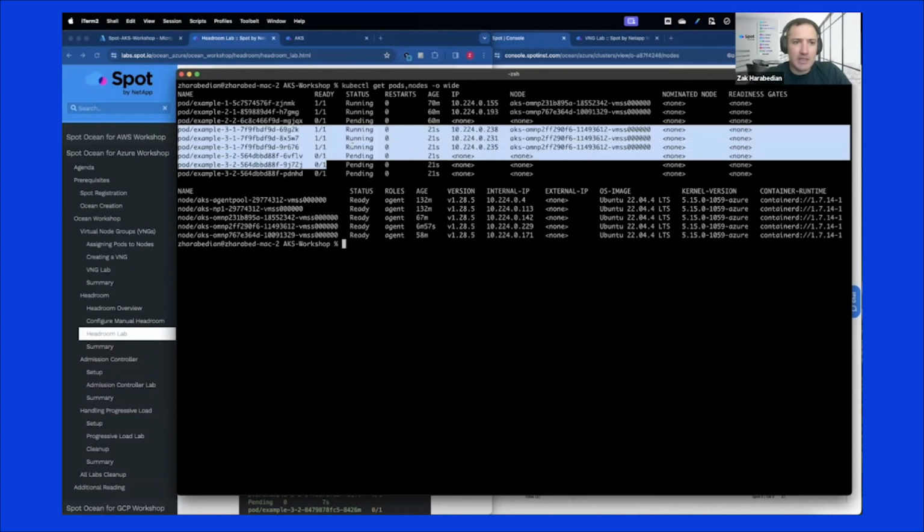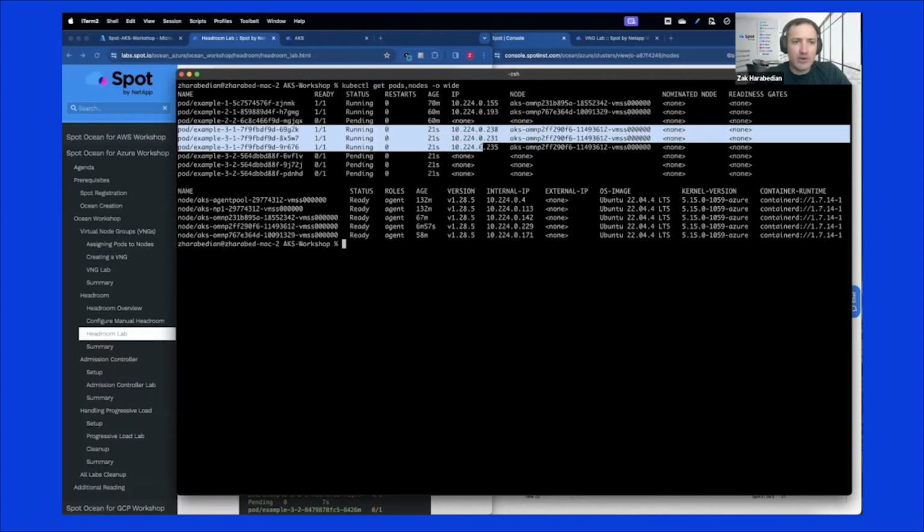And I can see that example 3-1 pods are all in a running state already. And the 3-2 pods below here are still in a pending state. So this is because we specified some headroom, so we didn't have to wait for that extra buffer of capacity to come into the cluster, whereas the second virtual node group is going to go through the process that the